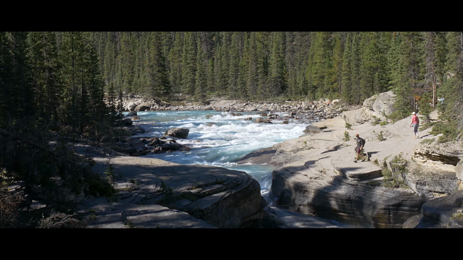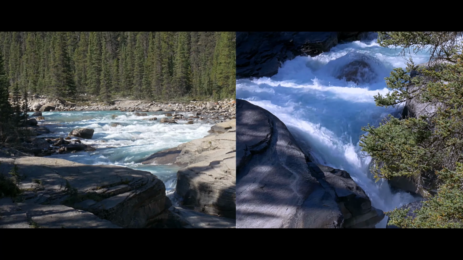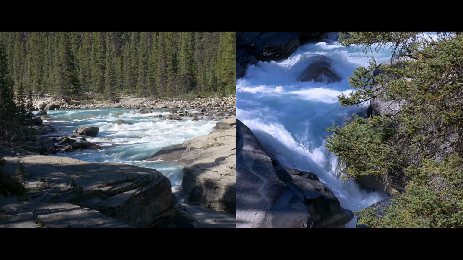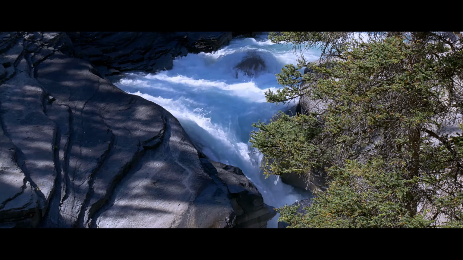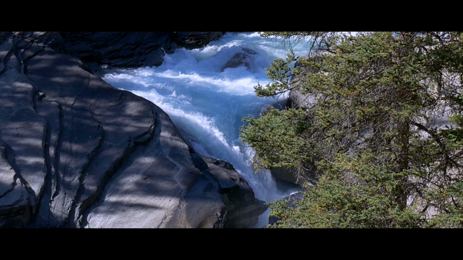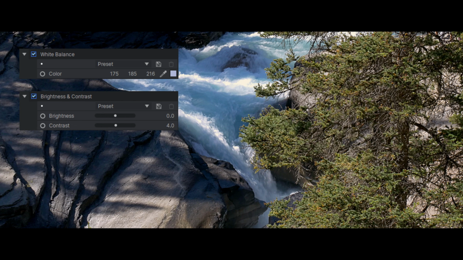The first thing you want to do is to make sure that your shots match in terms of color. In this example, I have two shots following each other. As you can see, the white balance does not match and the result is not that nice. Now, I'll apply the white balance and brightness and contrast effects. I'm looking for a white spot in the videos to select for the white balance effect. If that's not present, I'll change the balance by eye. Then I'll fiddle around with the brightness and contrast effect to alter the luminance a bit.